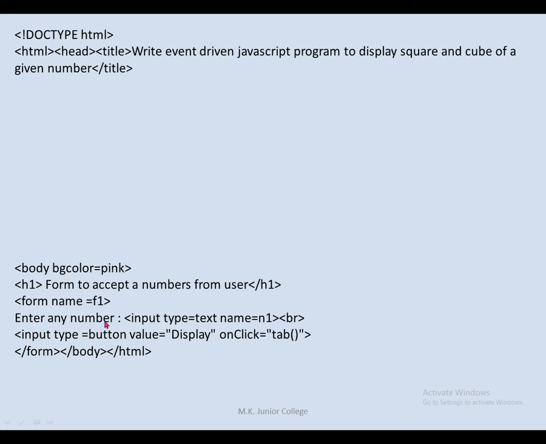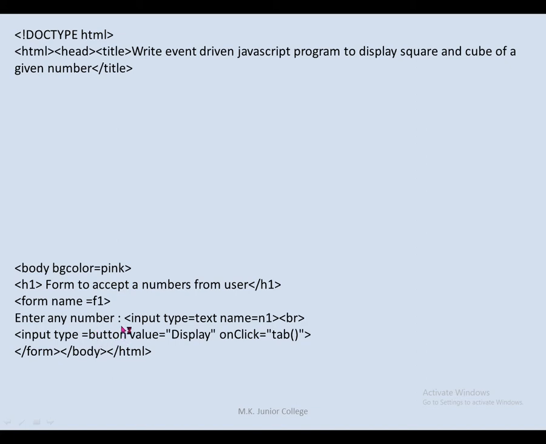Enter, उसके बाद आपने दिया enter any number. Okay, this comments you are giving to the user. In front of this you are asking for a text box, input type text. Okay, you remember this tag, name N1. Here again this name attribute is very important for us, because whenever you are creating a text box, उस टेक्स्ट बॉक्स को आपने नाम क्या दिया? N1. This name you have to remember very well. First of all you gave the form the name F1 and then you are creating one text box with the name N1. Okay, remember this. After that you are creating one button, input type button.